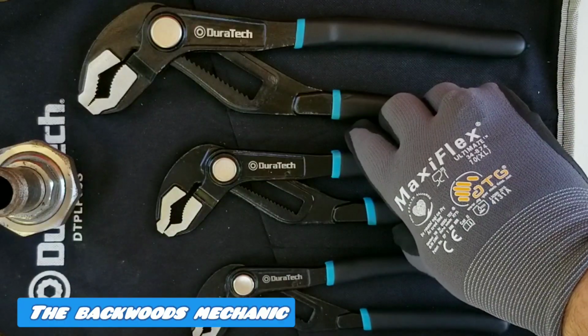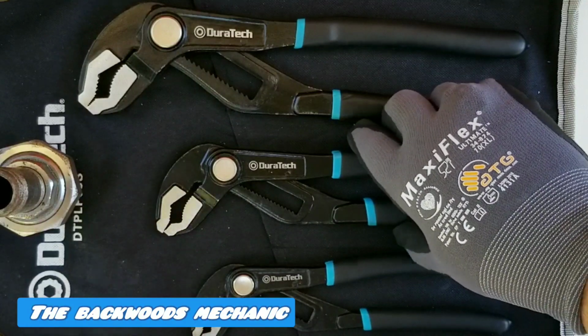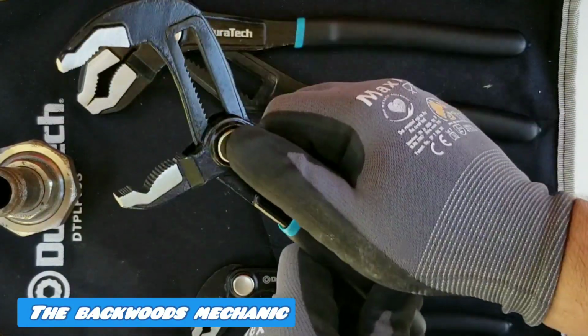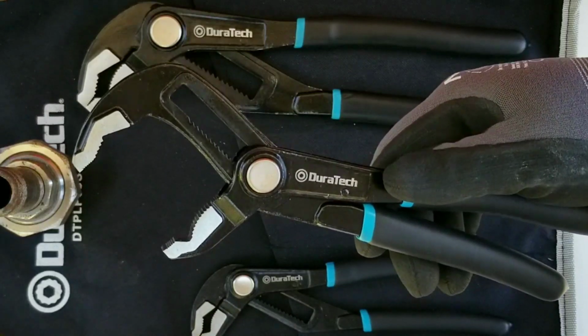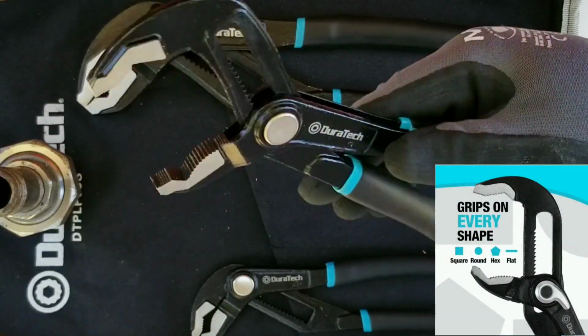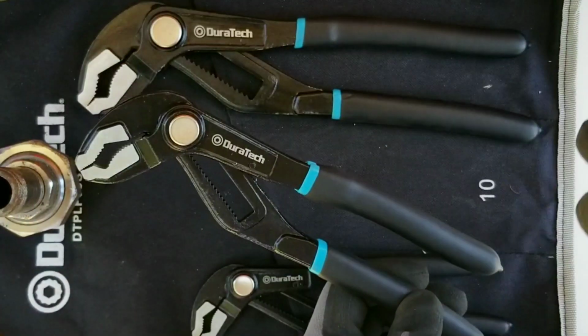A lot of people might ask themselves, are these pliers practical for what you're doing? If you're a tradesman and you're using tools day in and day out, you want to make sure they're going to do everything you need them to do. Now, whenever it comes down to it, the one thing that people might be concerned about is the fact that these do have that rapid adjust feature. All you got to do, like I said, is raise up on this back handle right here and it'll automatically adjust itself closed. That's something that a lot of people might be concerned about,